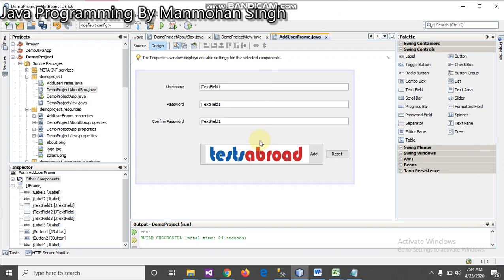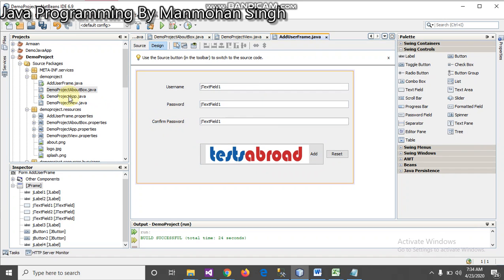In the last video we were discussing adding an image to a button or any control. I found that this image is quite big for this button. In case I want a smaller image, then I have to edit this image using an image editor, which can be Paintbrush or Photoshop or anything like that.